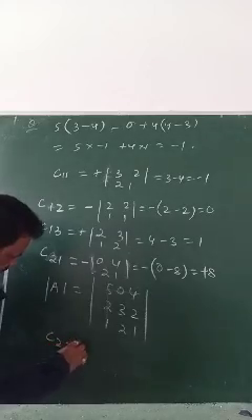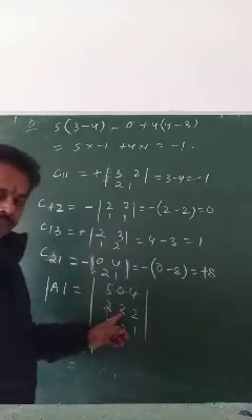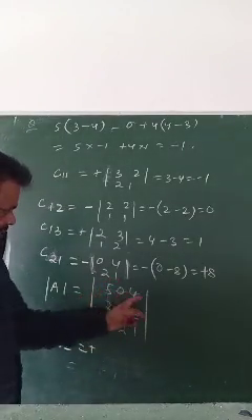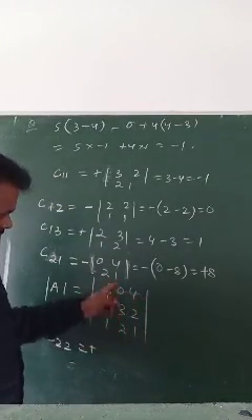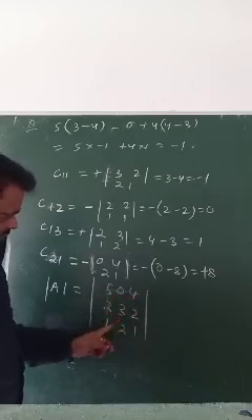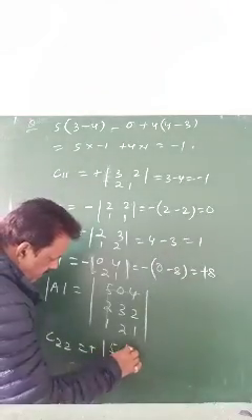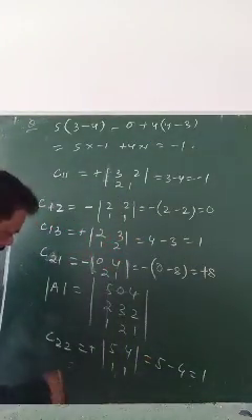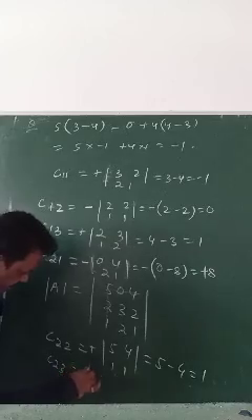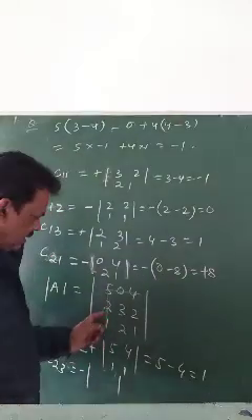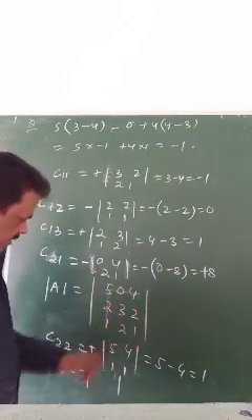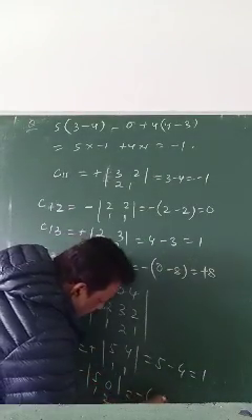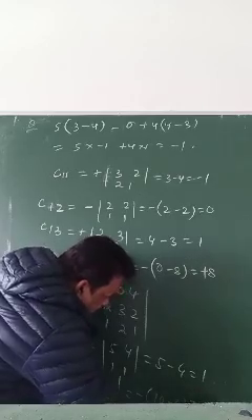C22, plus, 2 2 is 3 plus. Forget this line, this line you have to forget. 5 4 1 1, that is 5 minus 4, that is 1. C23 negative, forget this line. 5 0 1 2, that is negative 10 minus 0, that is minus 10.